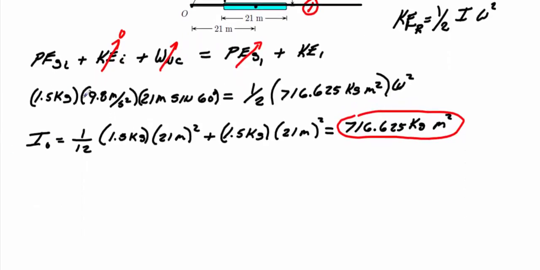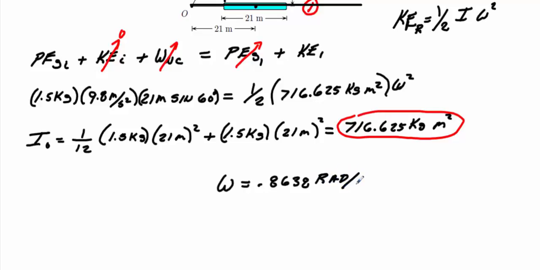I will run this calculation along here, divide it by the product of 1/2 times 716.625, and then take the square root of that and I will get omega. When I do that, the angular velocity omega will equal 0.8638